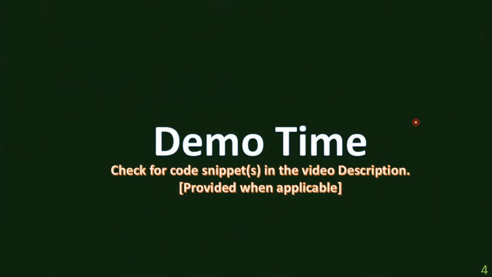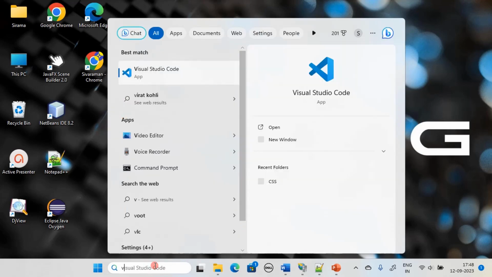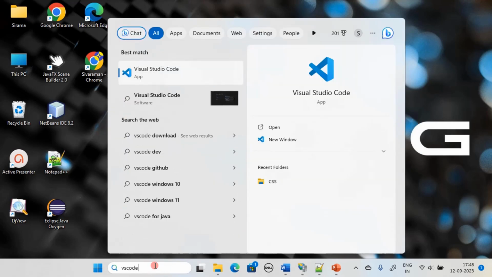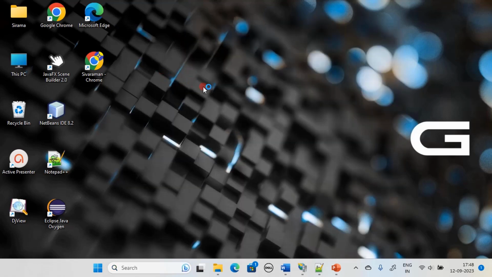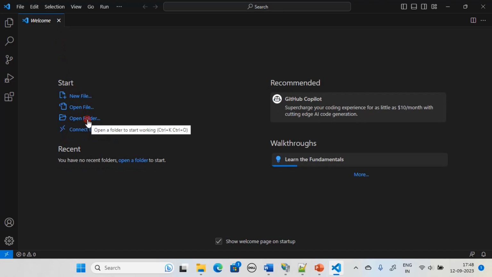Now let's go to the demo. Okay, first let's go to VS Code editor, Visual Studio Code, or you can use a simple notepad also and edit the Aspx file and save that in C drive temp1 folder. So the Visual Studio Code editor is opened here, and we will choose open folder from this startup screen,